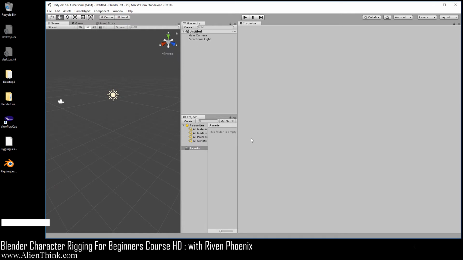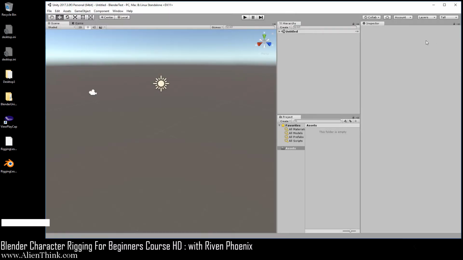So when Unity opens up, it's going to pretty much look like this. So you want to go under layout and just do tall, okay? Now here, the reason I have the screen showing up like this, not in full screen, is because what we want to do is take this file and drop it inside here. Now when we do that, it's going to take Unity a bit of time to figure this out. So here we're just going to click this and drag it and drop it.